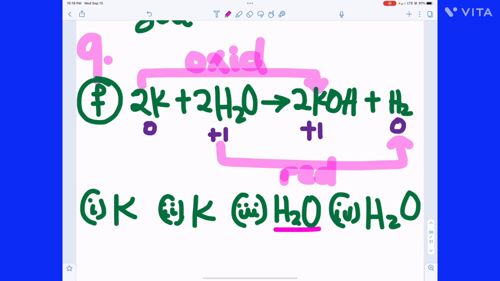oxidizing agent gets reduced and the reducing agent gets oxidized. So take note of that. In a redox reaction, the substance that gets reduced is the what? Oxidizing agent. And the substance that gets oxidized is the reducing agent. So take note of that. Let's go to question